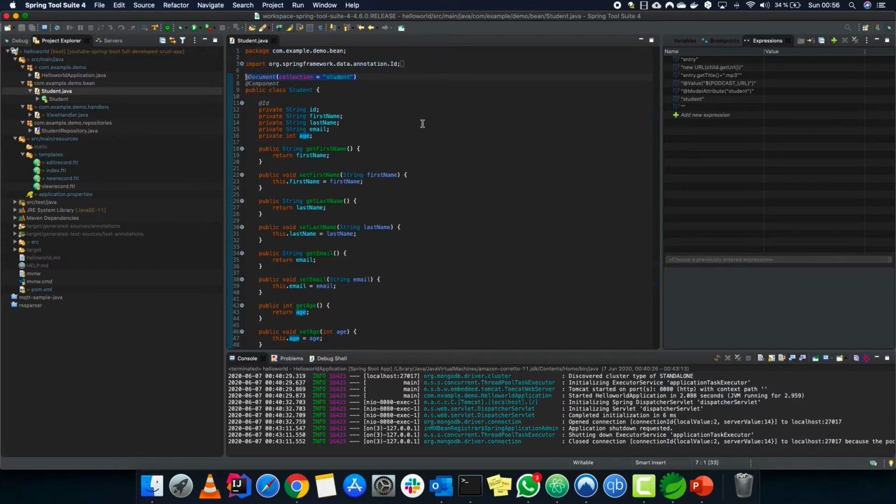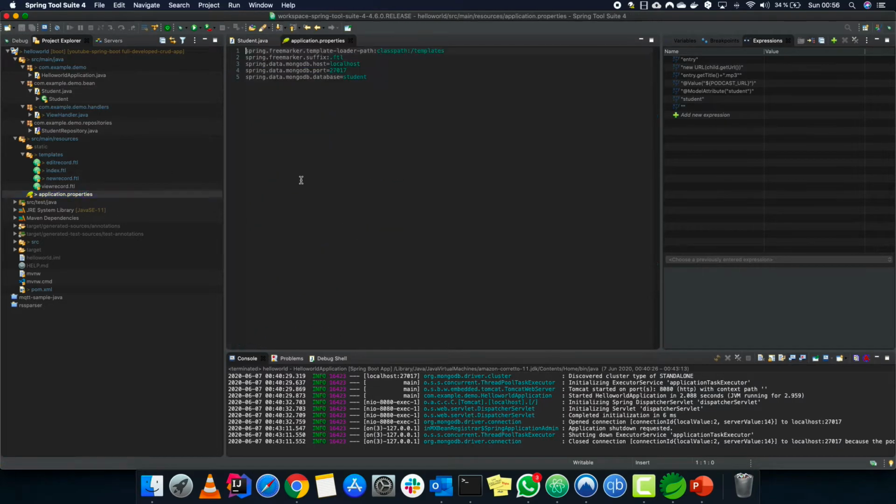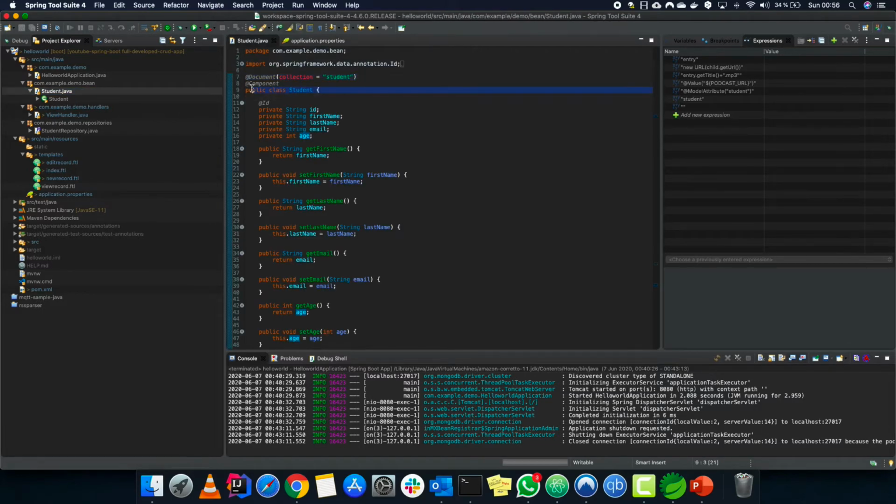This student also comes here in these properties. It says that the database we are going to use is student, and that database will have documents named student. It is just mapping each other so that MongoDB knows everything about each other.